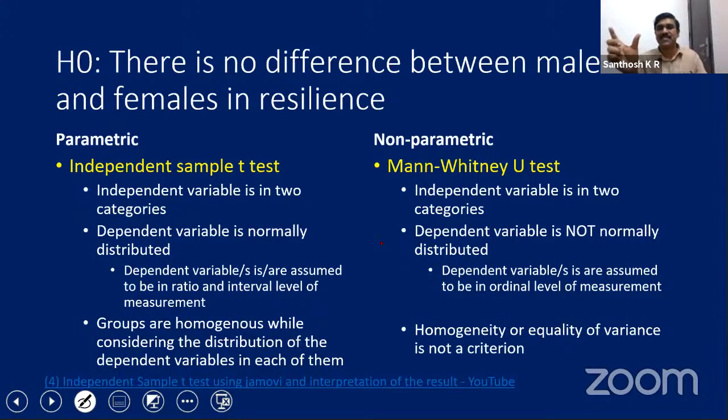So resilience is in which form? Either ratio or interval form. The scores of resilience, the scores of IQ, etc. are either in ratio or interval form. Then there may be a question, in which form exactly is it? We cannot say, because we calculate resilience based on a Likert scale questionnaire. Almost all the Likert scales are, first of all, ordinal in form.